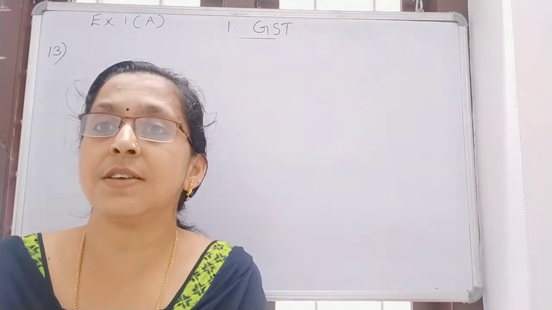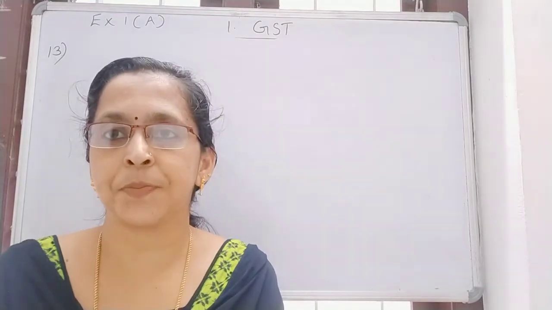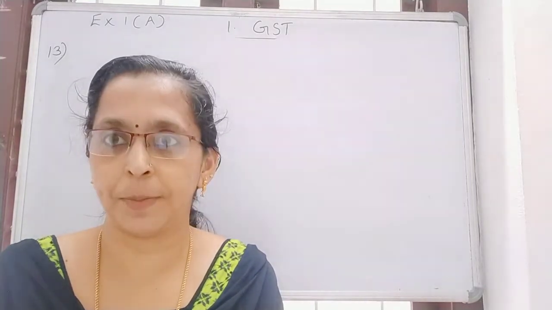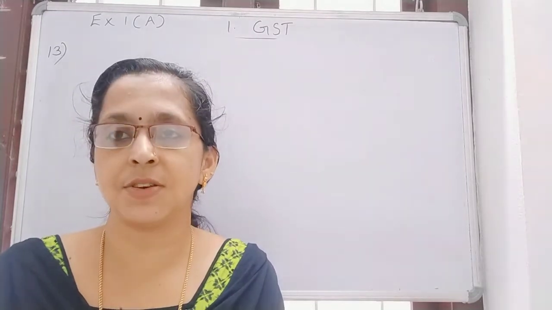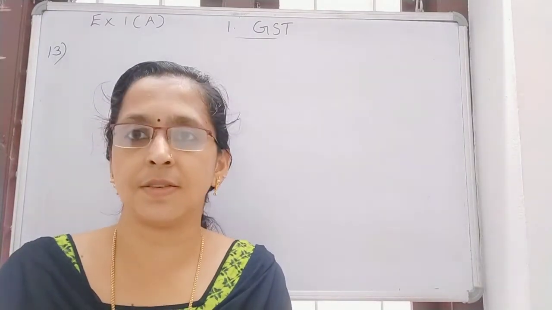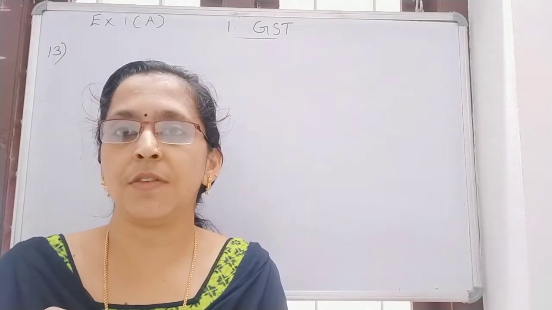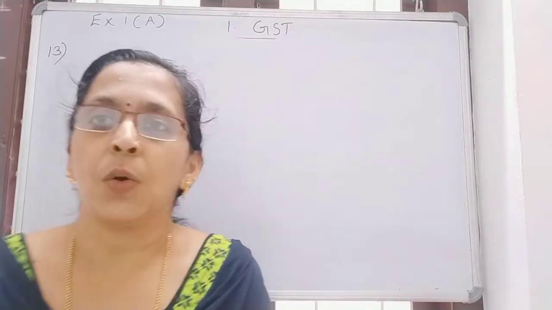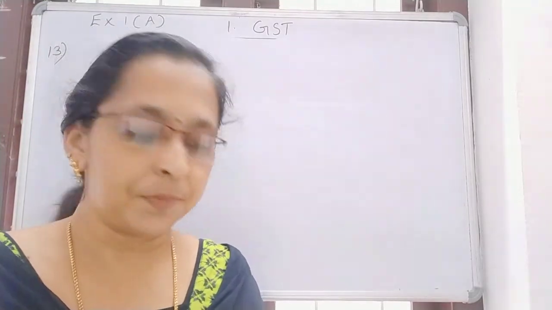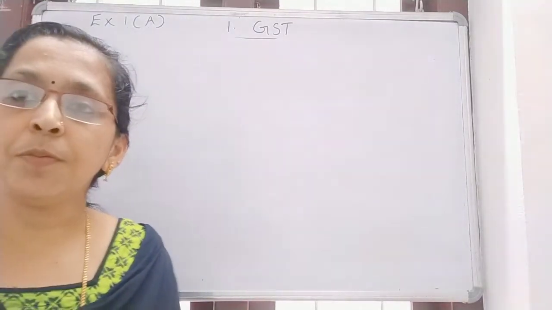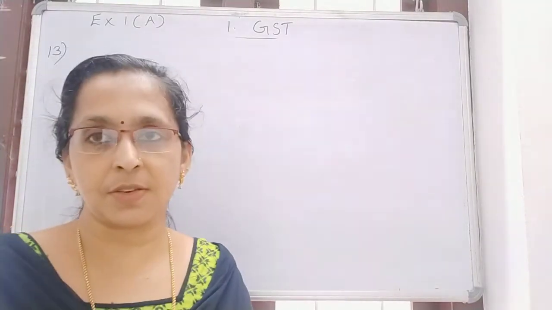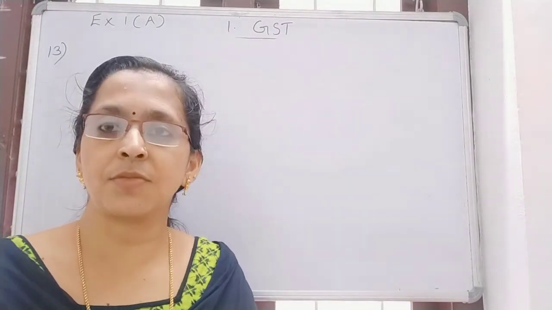So, GST in rupees will be what? See, total GST will be what? We are paying to the government 900 rupees as SGST and 900 rupees as CGST. So, total GST will be 900 plus 900, okay, 1800. Then, in percentage form, given GST is 18%. So, next what we want to do?